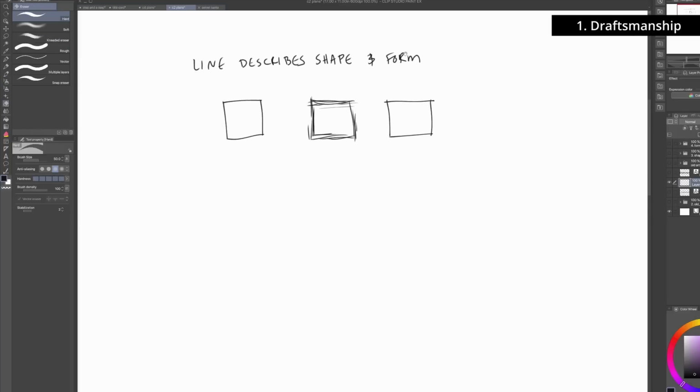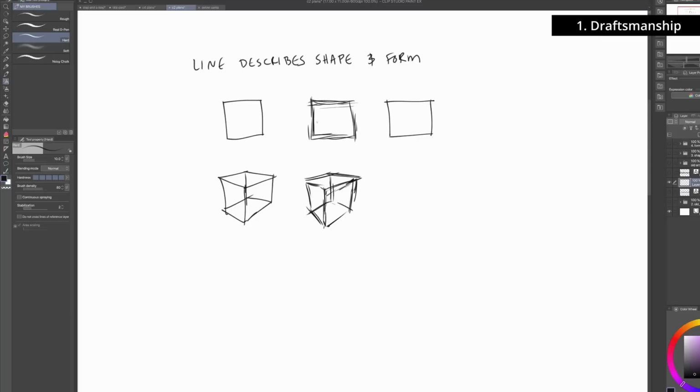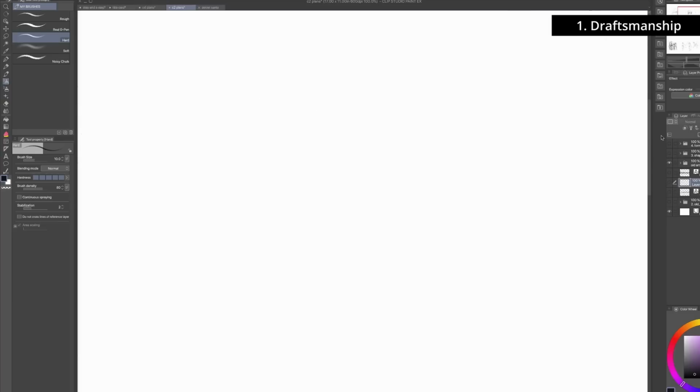For example, if you drew a cube, you would draw 1 line per side to describe all the planes. That is the most logical way to do it. And so if you decide to draw a cube like this, it doesn't make much sense. It's inefficient. So let's take this principle and apply it to some old artworks that I did before,